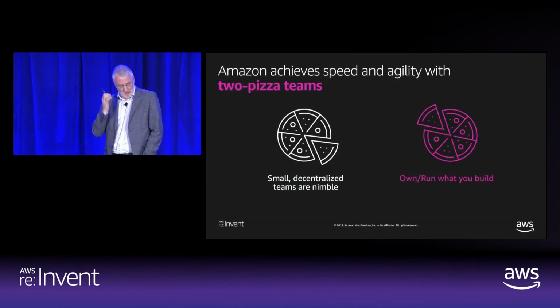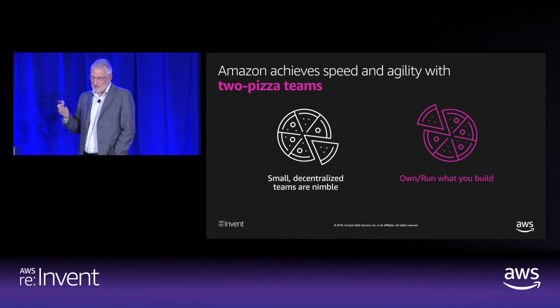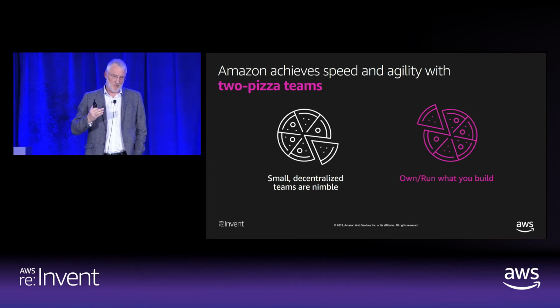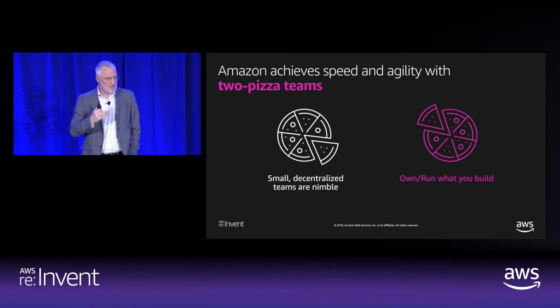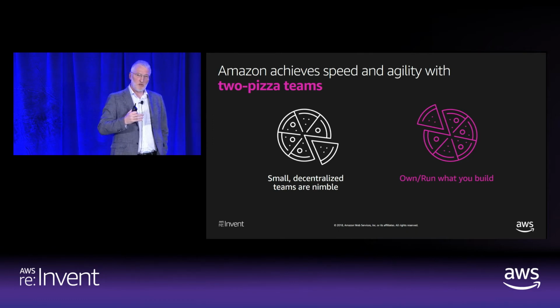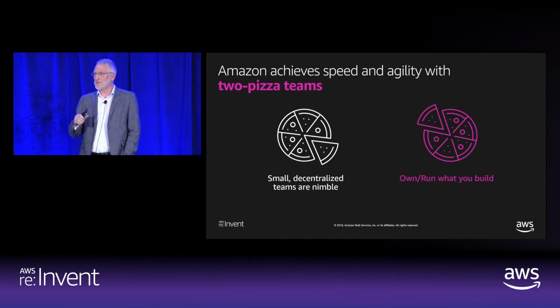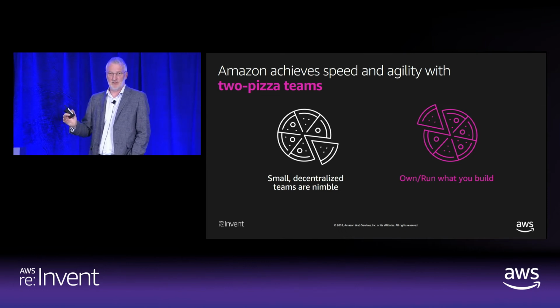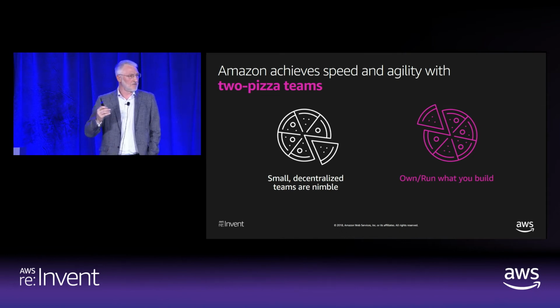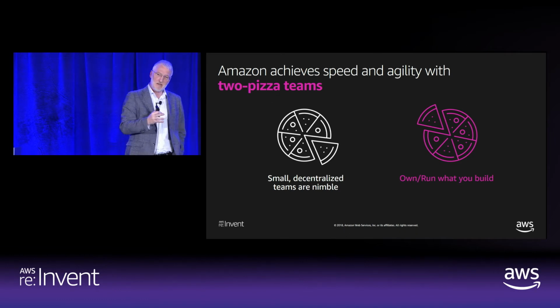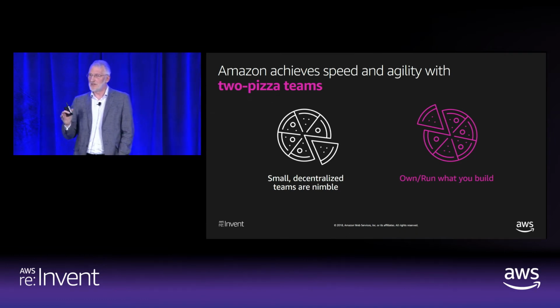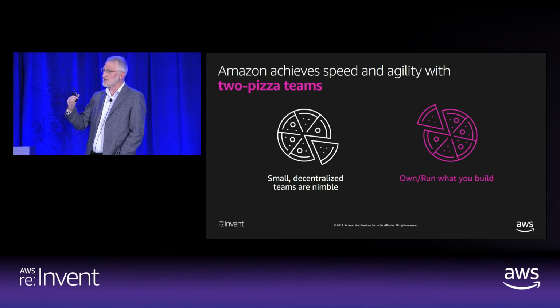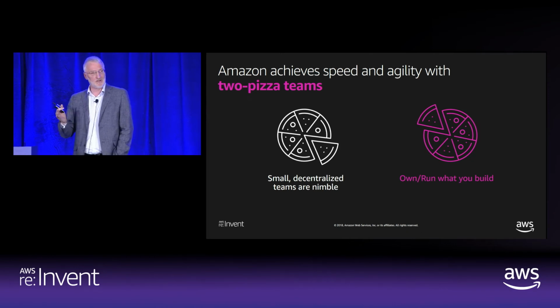So I already talked a little bit about two-pizza teams. Two-pizza teams are important because, like I said earlier, they're about minimizing communication. When you have 6 or 8 people sitting around the table and they share information, they all know the same thing. They all have the same baseline. If you try to ensure that 50 people on a team or 100 people on a team have the same knowledge, it requires overhead, it requires management, and you can never get there.